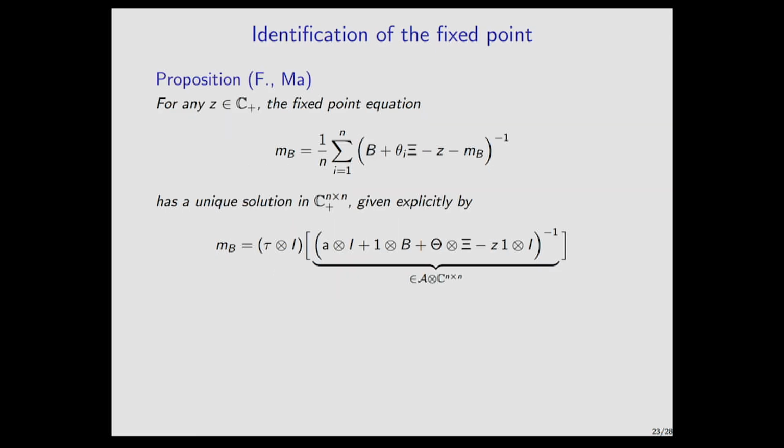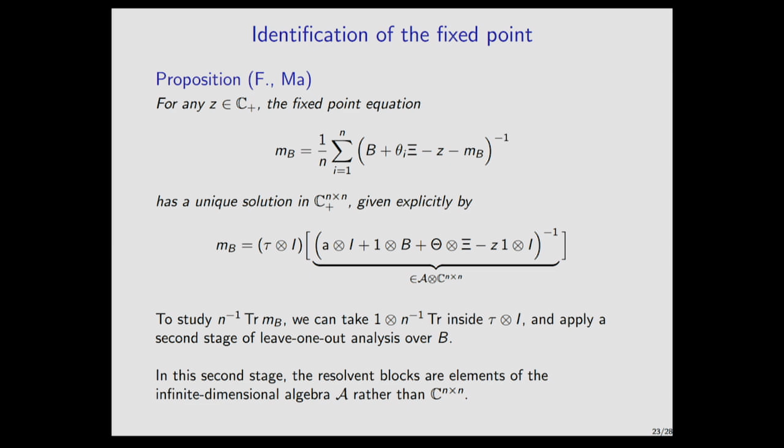So the second issue we resolve using this operator algebra construction. My claim is that the solution to this fixed point equation, it's an m by m matrix fixed point equation, I can write in an explicit form if I introduce this operator algebra. So it's given explicitly by the partial trace of this quantity here that looks kind of like my original matrix model, except that I've swapped out the first Wigner matrix by this operator, the semicircular element A. And so this is now an element of A cross C m by n, and after I take a trace, it's just an m by m matrix, right? And this is now an explicit expression.